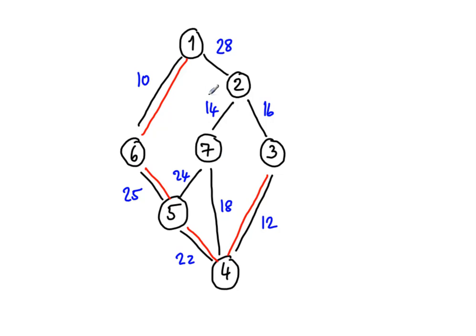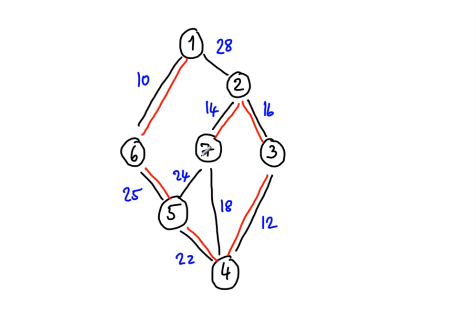Okay? And now again we do the same thing, and we find that we have a choice between 28, 24, 18 and 16. 14 is not yet in consideration, because for 14, neither endpoint is in the tree. So if you look at this tree, then 16 is currently the smallest one, so we will add this. And now we have a choice between 28, 14, 24 and 18. And so since 14 is now the smallest, we will connect it this way. And so we have a spanning tree which is formed by the red edges, and this is the one that